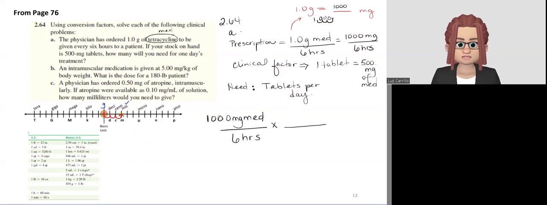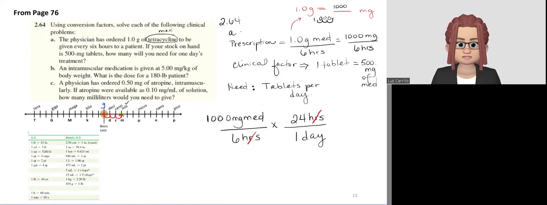Since I'm trying to cancel the units of hours, I need to place the unit of hours in the numerator of my fraction. From the conversions in table 2.7, we know that in 24 hours, there is 1 day. The units of hours cancel